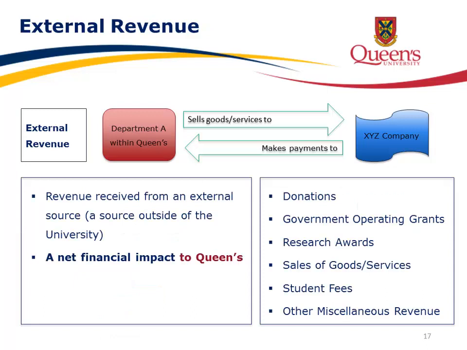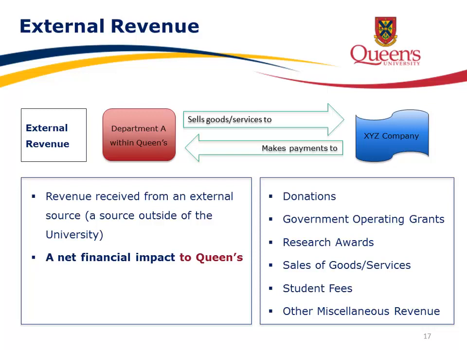External revenue. Revenue received from an external source, a source outside of the university. There is a net financial impact to Queens. Sources of external revenue include donations, money deposited and recorded by advancement services; government operating grants, most of which are received and recorded by the Planning and Budget Office; research awards, revenue which should always be received and processed by the research accounting team in financial services; sales of goods and/or services, funds received from an external source in exchange for goods and services provided by Queens departments;